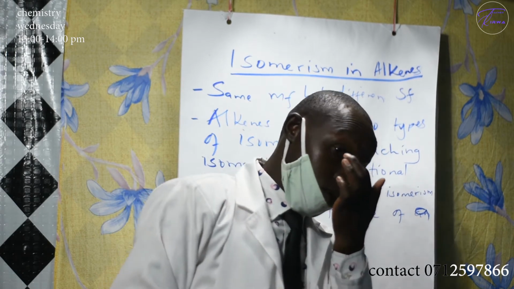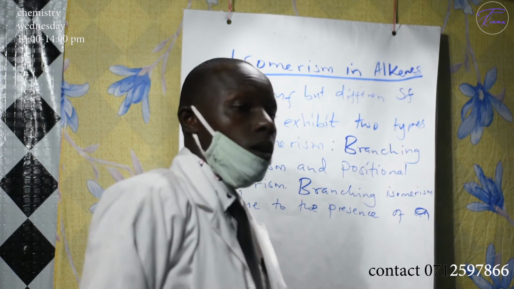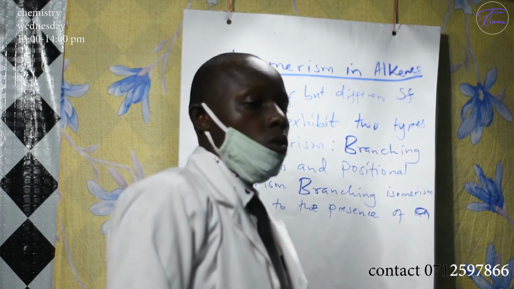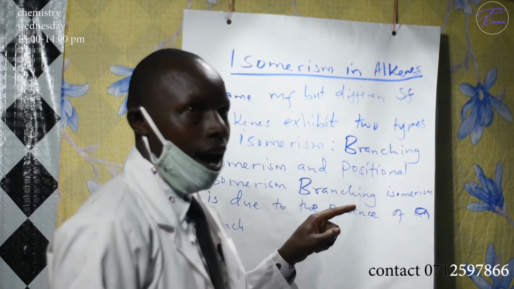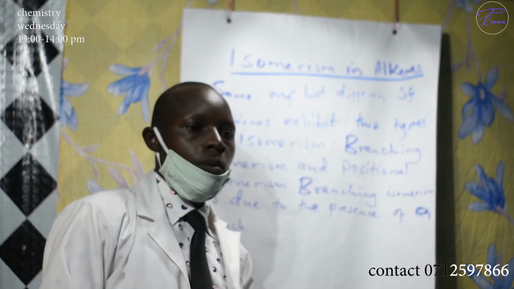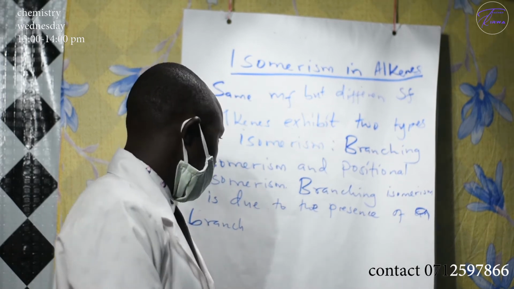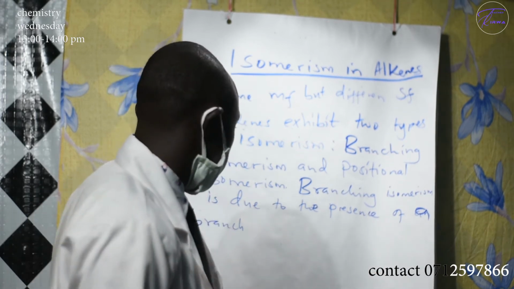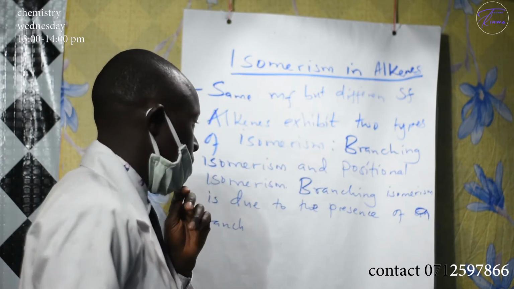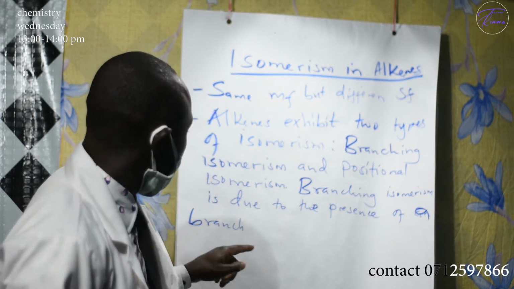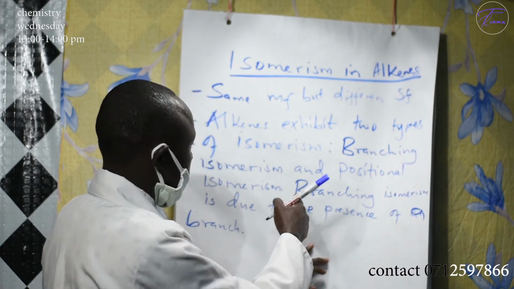You remember when we were doing alkenes, we said there are two types of branches. We have alkyl branch or halogen branch. So we have alkyl and halogen, where we saw compounds like 2-methylbutane, 3-bromobutane, etc. Now for isomerism in alkenes, it exhibits two types of isomerism. We have branching isomerism due to the presence of the branch, and then